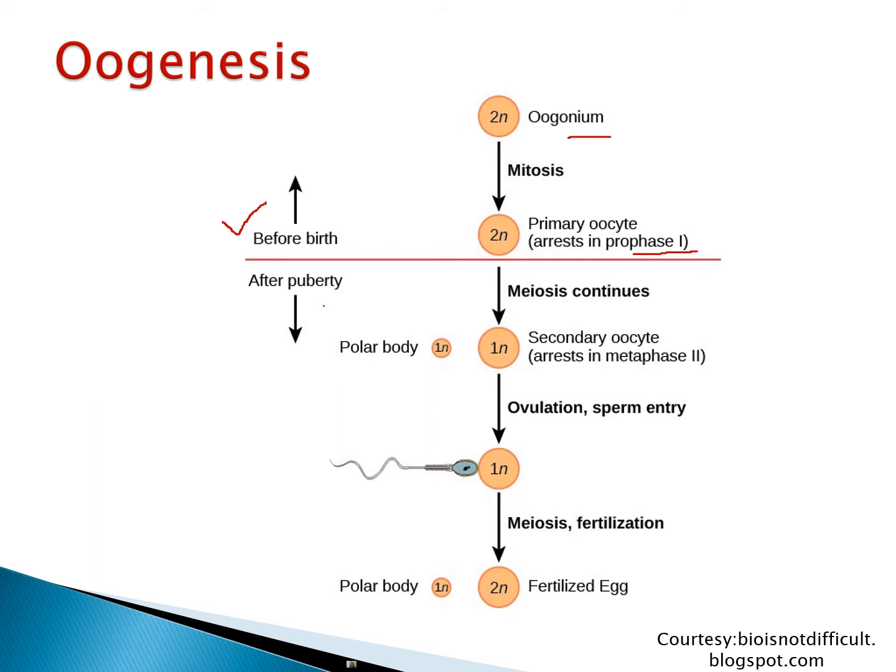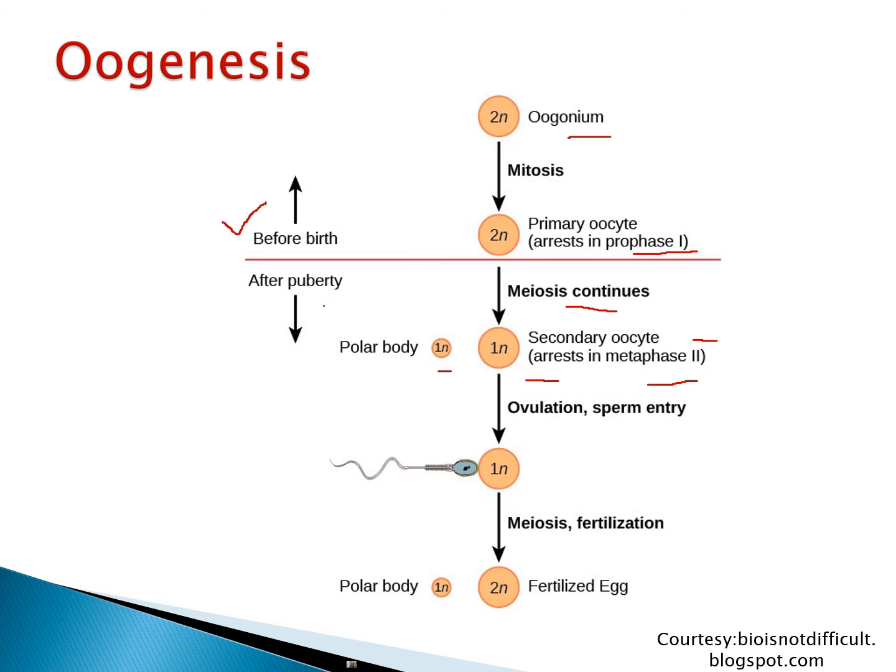After puberty, meiosis continues and meiosis 1 is completed here, and it results in the formation of secondary oocyte. This division of meiosis is unequal, that's why it releases one smaller polar body and a larger secondary oocyte with much amount of cytoplasm. Secondary oocyte enters into the stage of metaphase 2, and this division will be completed once the